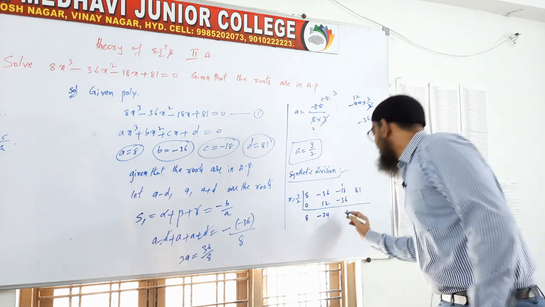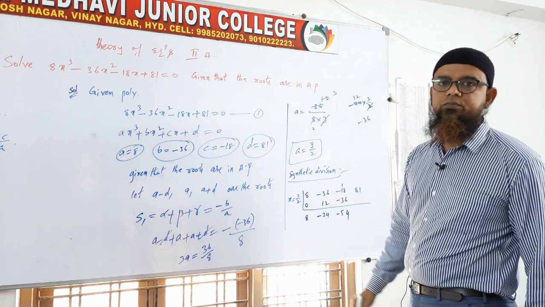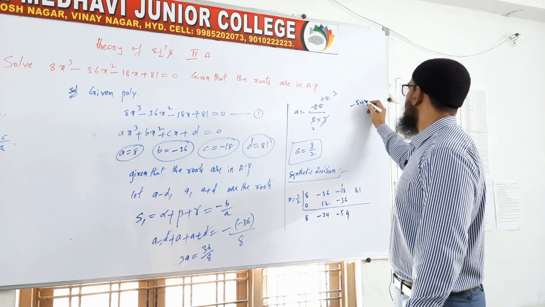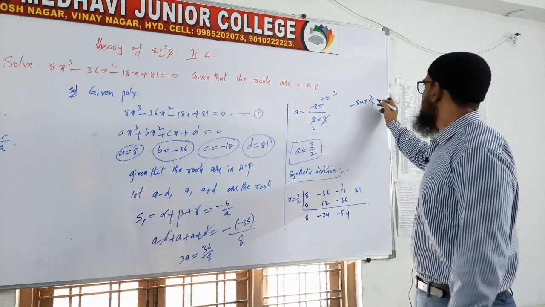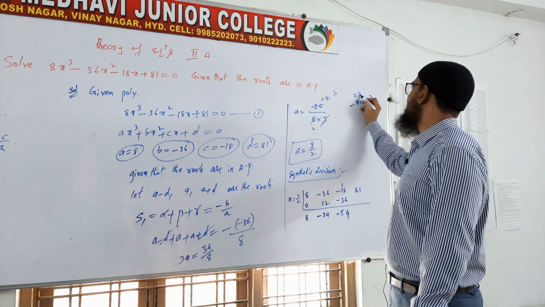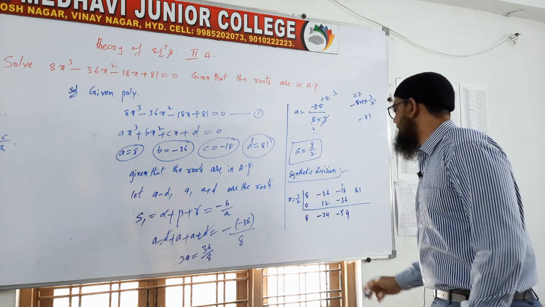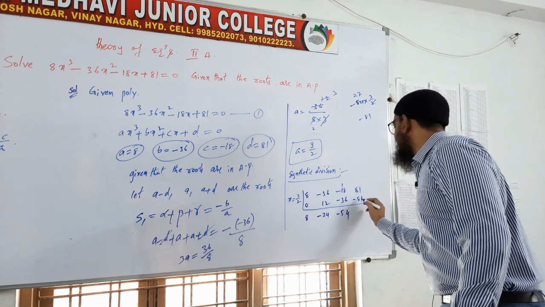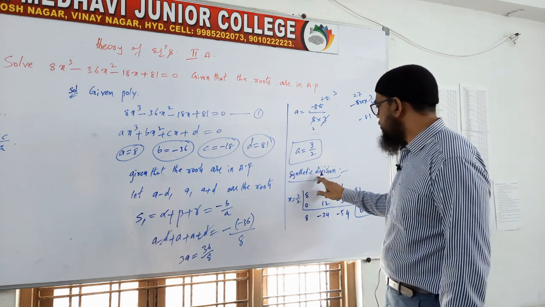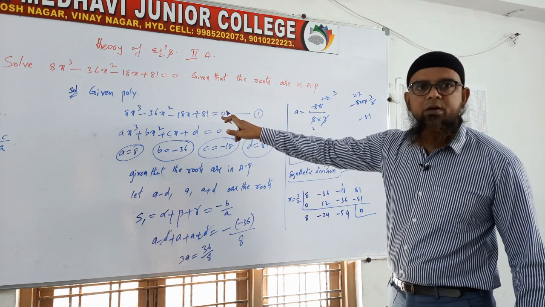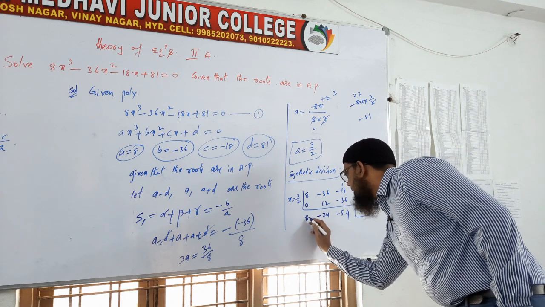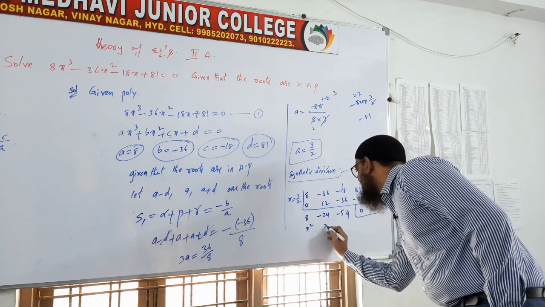So minus 54. Again minus 54 into 3 by 2. So 2 how many times? 2 twos are 4, 1 is left here, 14 means 2 sevens are 14, 27, 3s are 81, minus 81. That minus 81 we have to write here, plus 81 minus 81, the answer will become 0. As I said, after doing synthetic division, the cubic polynomial will be reduced into a quadratic polynomial. See, this is the quadratic polynomial. How to write the quadratic polynomial? Under here, 8x squared minus 24x, this is the constant.